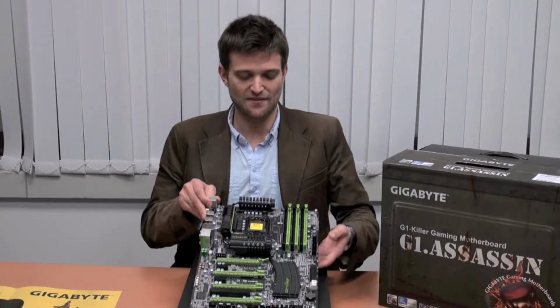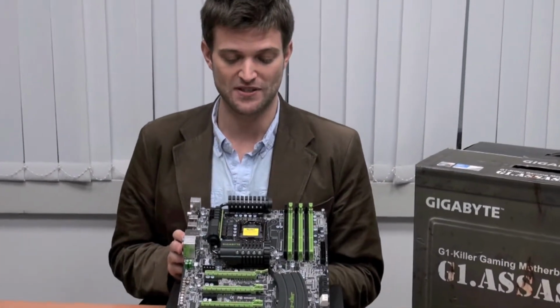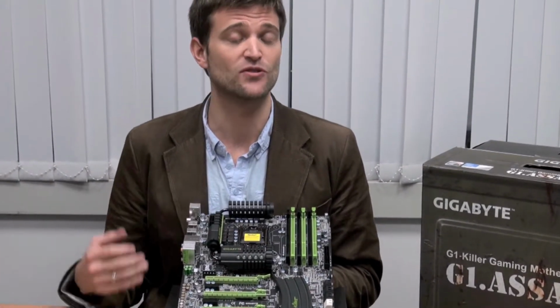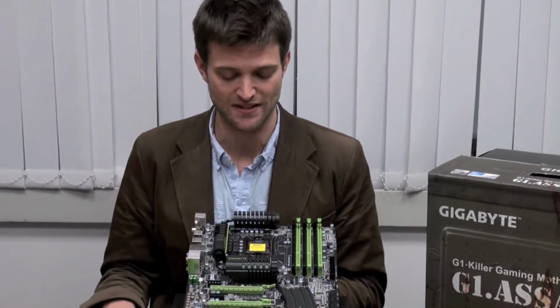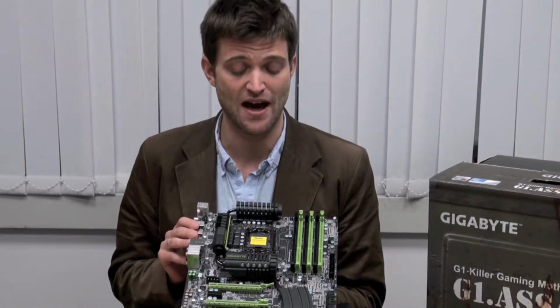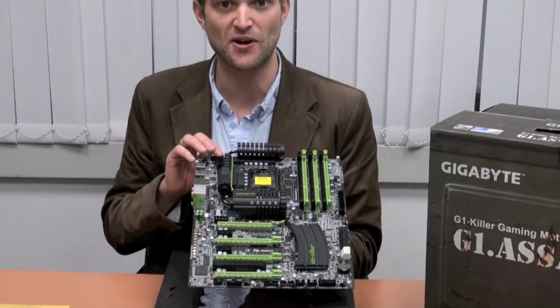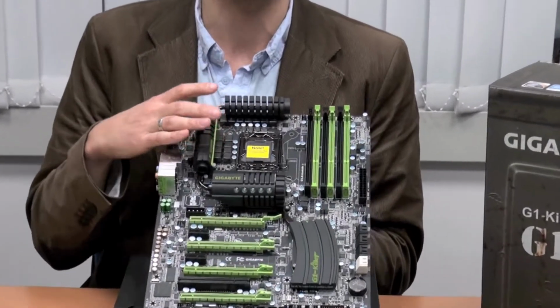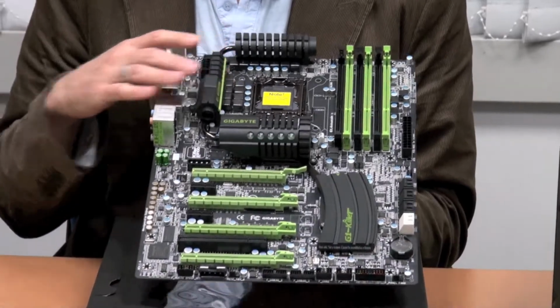So as you can see here, this is the world's most advanced gaming motherboard on the market today. We spent a lot of time asking gamers what sort of features they want to see in a motherboard, and we've tried to include as many of them as possible. So of course this motherboard is based on the X58 platform, so we have plenty of PCI Express lanes, triple channel memory, and it also supports Intel's latest 990X CPU, which is currently the world's fastest desktop CPU on the